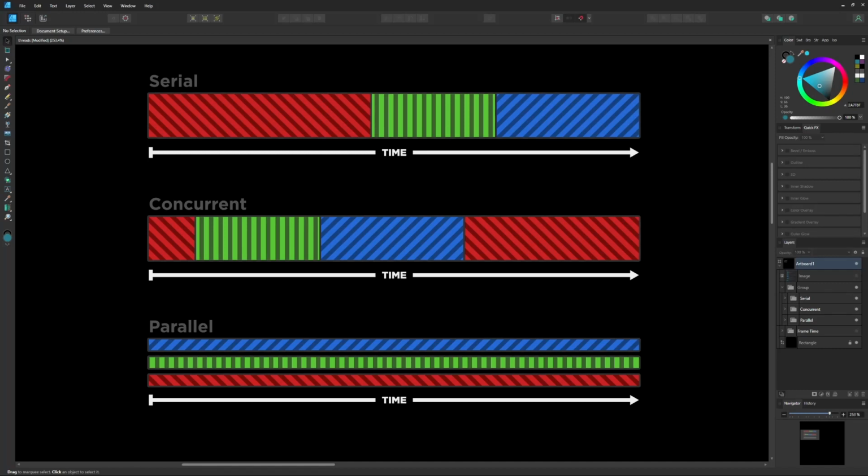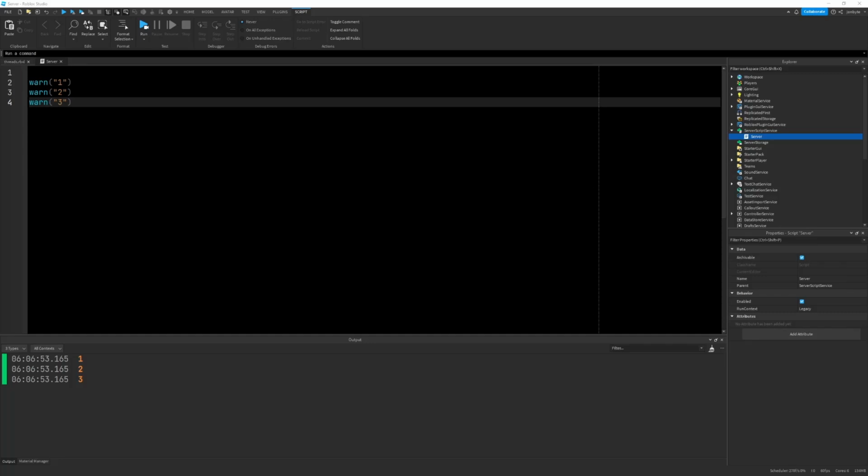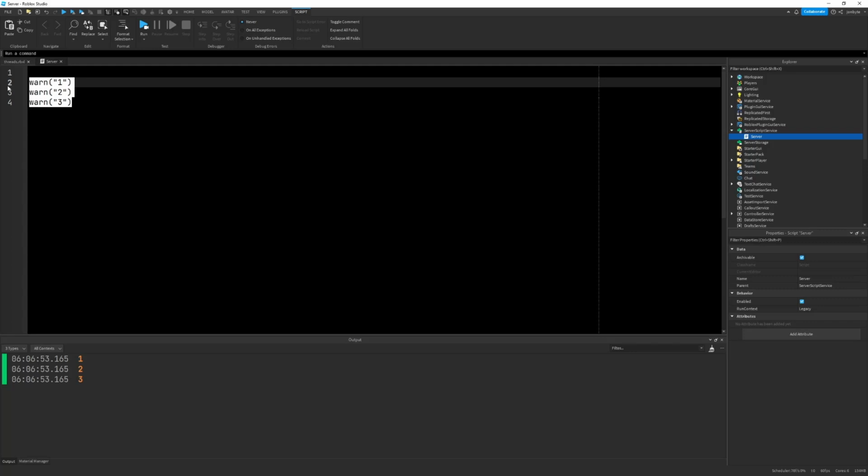So I'm going to go back into Roblox Studio, and we're going to work some examples. The first step is understanding how to create a new coroutine. And there's actually two ways nowadays, classically the coroutine library, but there's also the task library nowadays. So I'm going to start with the coroutine library, and how we create a new coroutine or thread of execution,